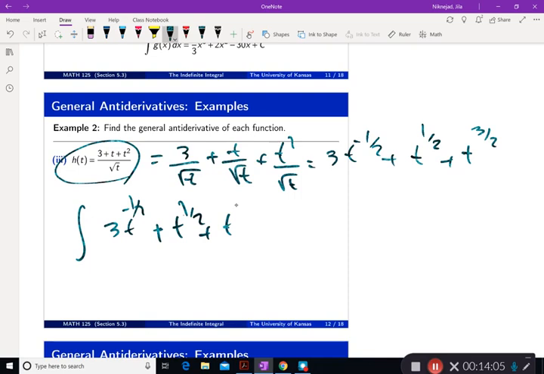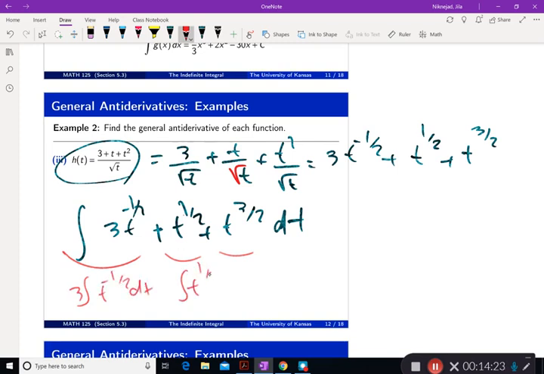And remember again, we're doing each term separately. And so this one is the integral of 3t to power negative 1/2 dt. That one is t to power 1/2 dt. And that one is the integral of t to power 3/2 dt. And so they all add up to,